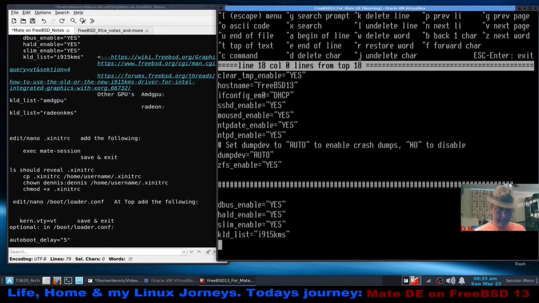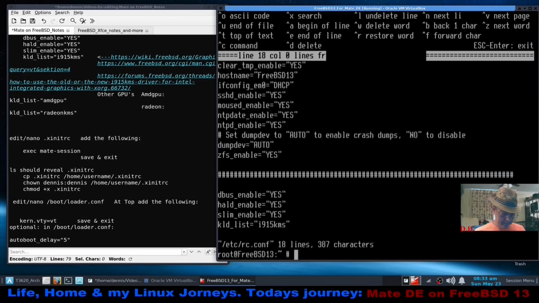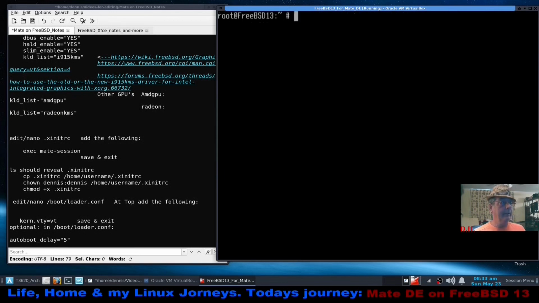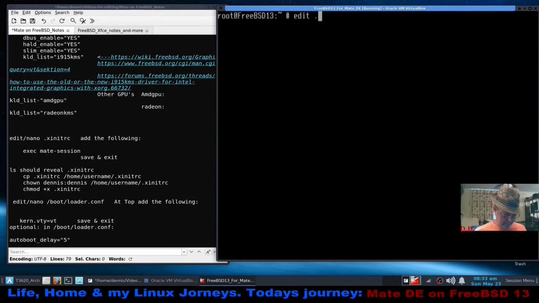I'm ready to get out of here. Hit escape, leave the editor, and save the changes. Control L will clear the screen. Now we need to edit our .xinitrc,